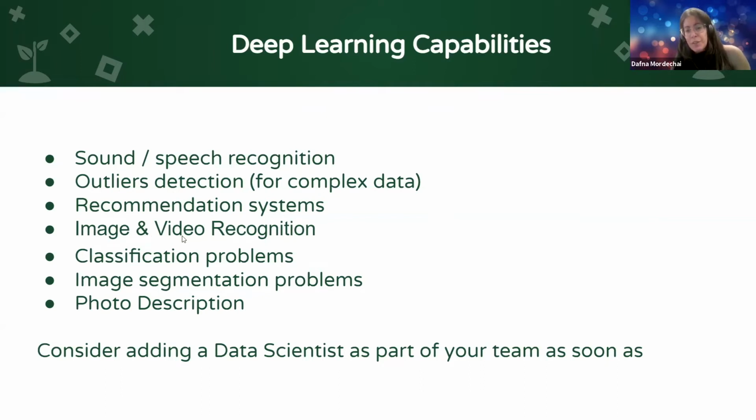Also a lot of image recognition, like recognizing things inside pictures. This field is really, really developed for computer vision. And there are different types of classification problems. Classification problems means that you have a set of data that you put in, and you know this data represents